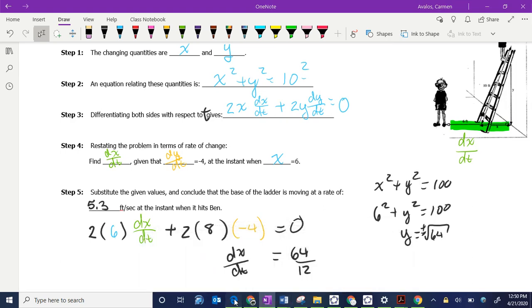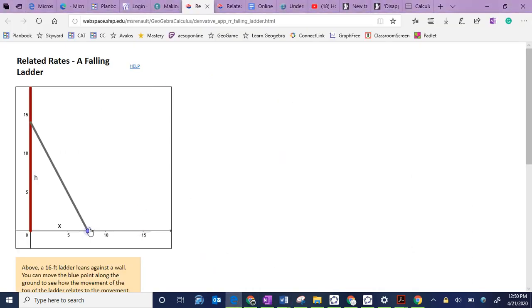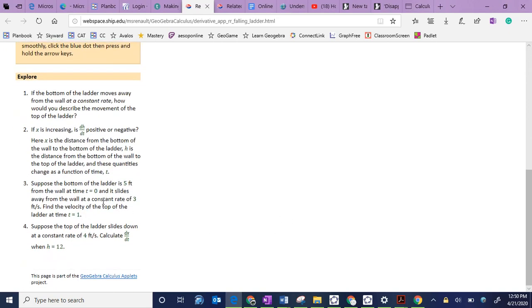Where is it? Here it is. So that's really what it's telling us, and then that's the speed. And there's some more examples here that we could actually look at and see. We could do one more problem on here and say, suppose at the bottom of the ladder, and this time